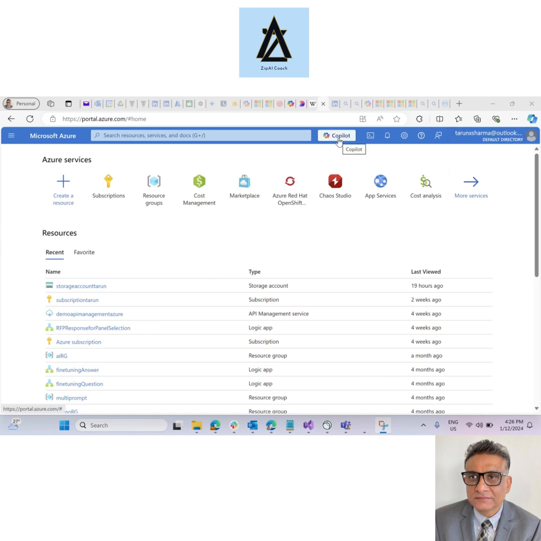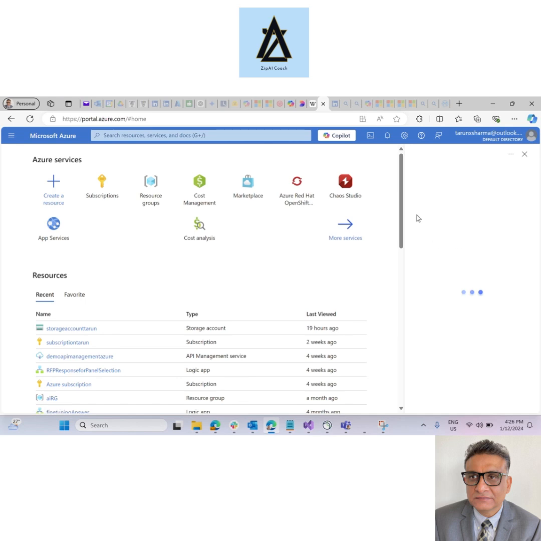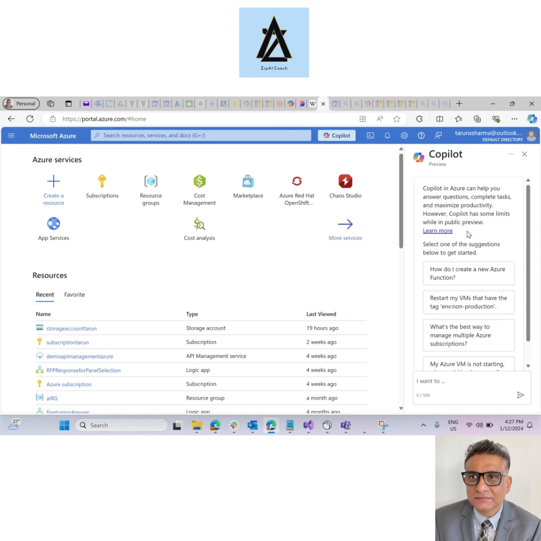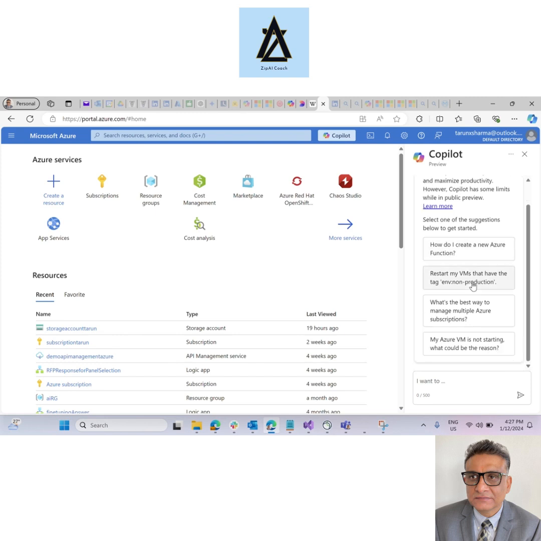You have a Copilot, which brings up a Copilot assistant window on the side and basically provides assistance in the context of Azure resource management. You can ask any question, for example, list all storage accounts,